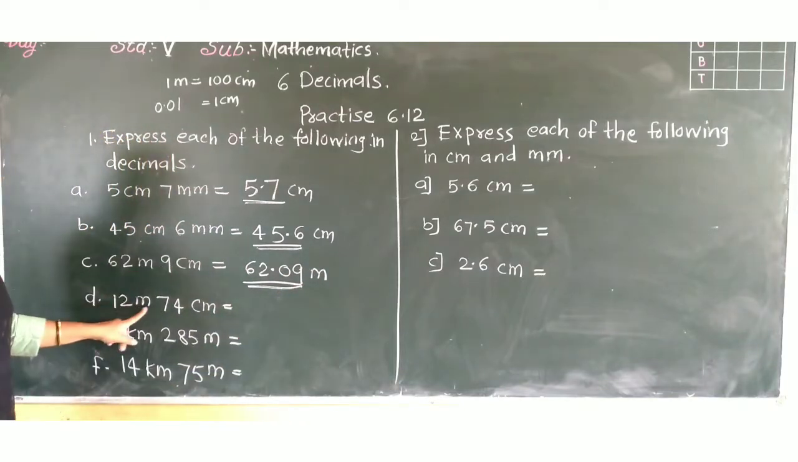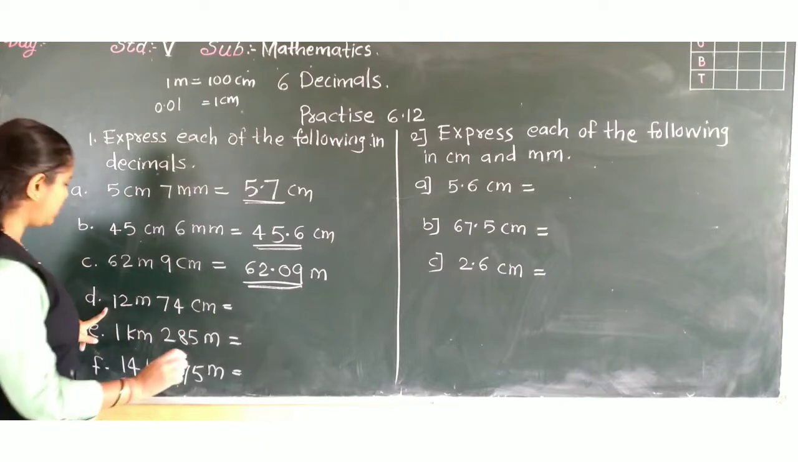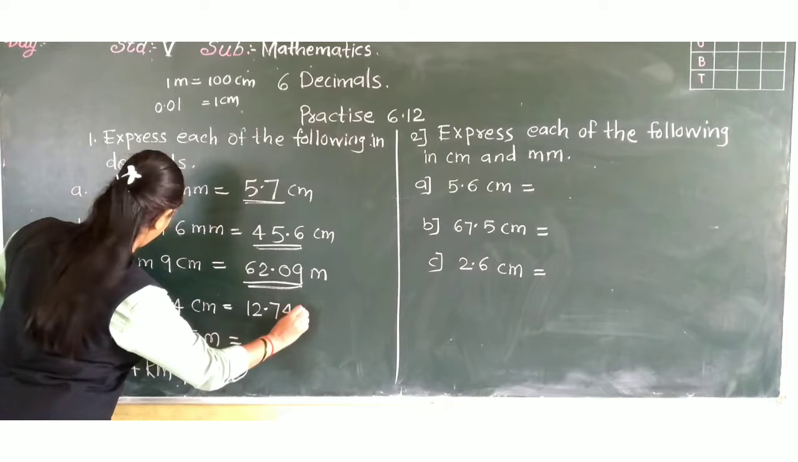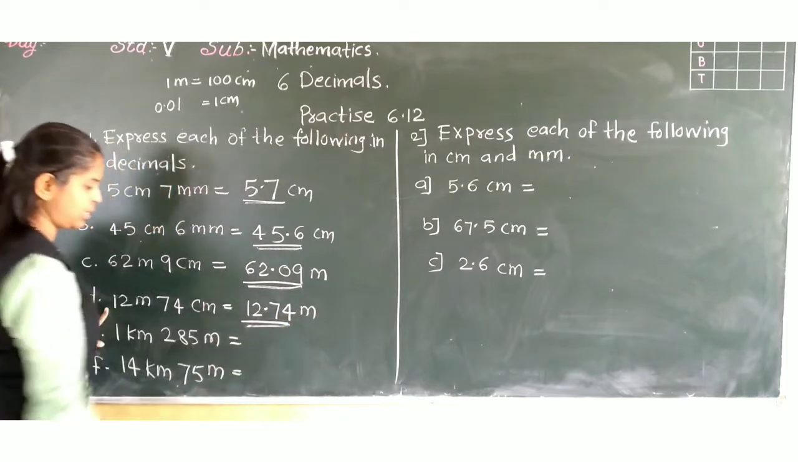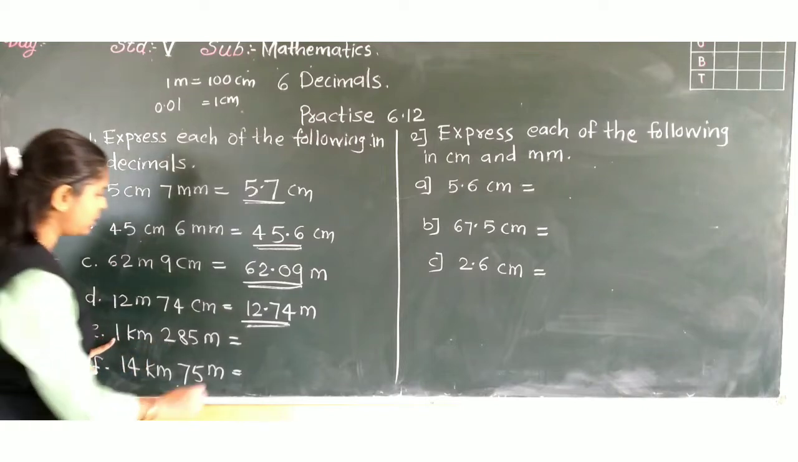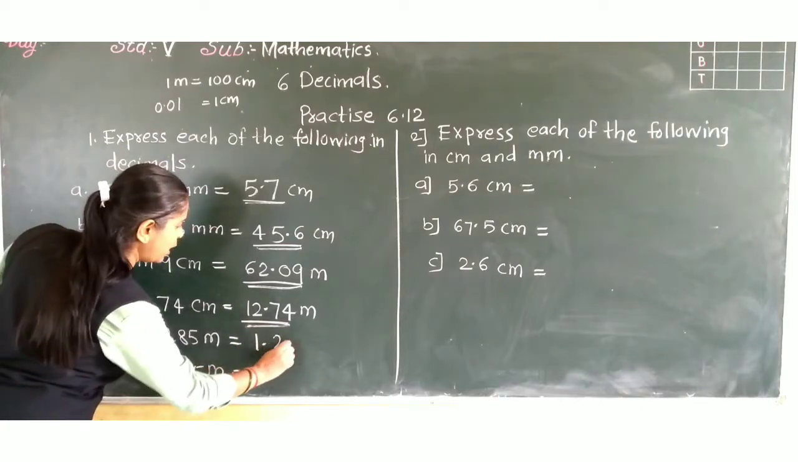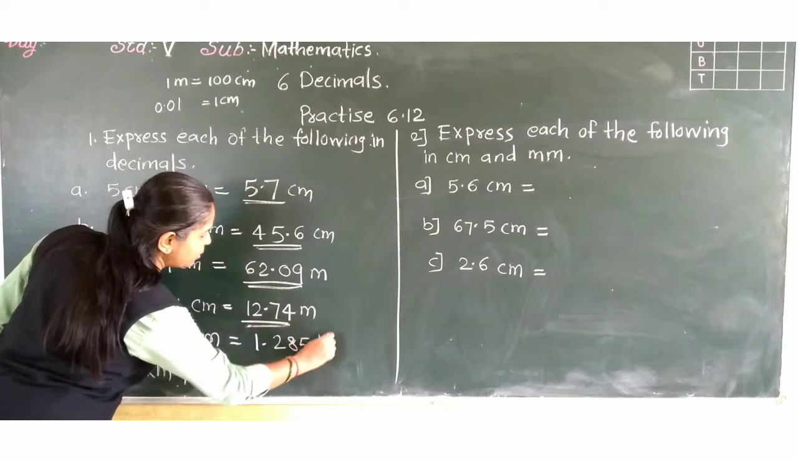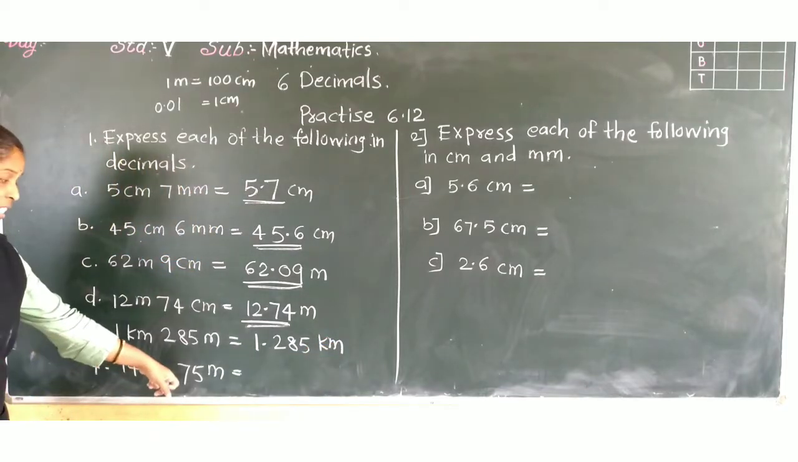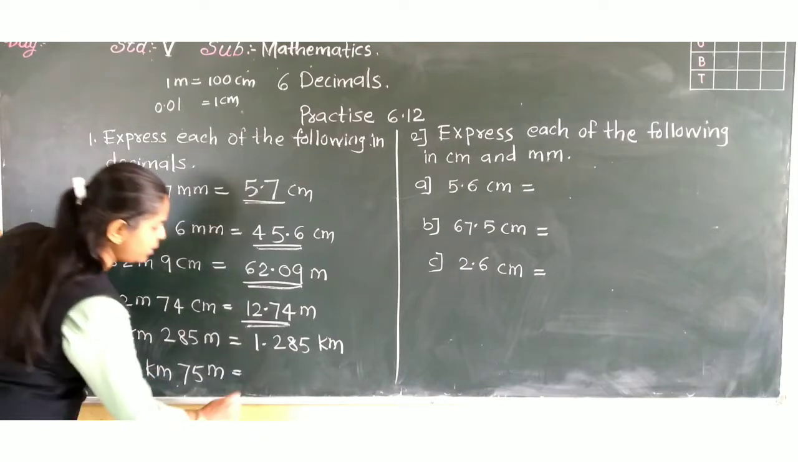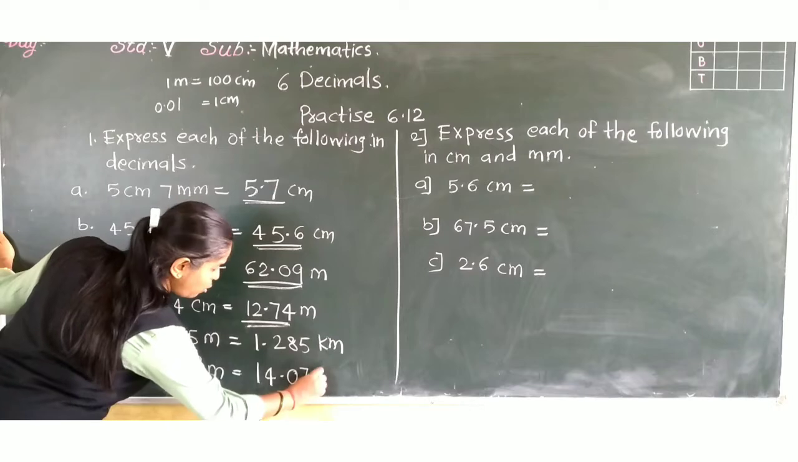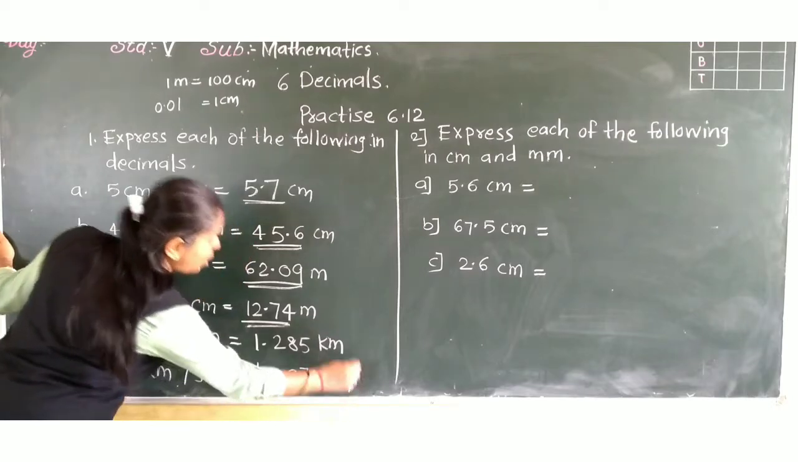Now 12 meter, 74 centimeter. This is the same, 12.74 meter. Next, now 1 kilometer, 285 meter. That is 1.285 kilometer. And 14 kilometer, only 75 meter. So how to write? 14.075. Why not 0.75? Because here